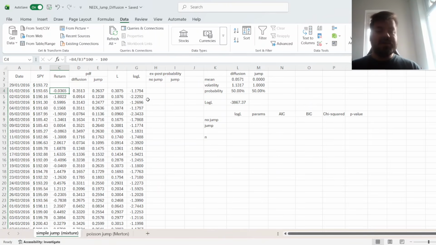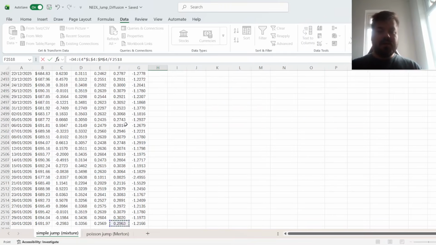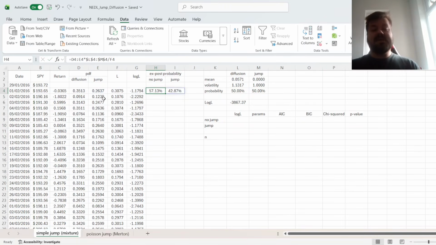So ex post, the probability of no jump or jump is simply the densities of diffusion and jump multiplied by their ex ante probabilities, or their total probabilities, divided by the total likelihood. So what we see here, for instance, is that with the return being quite close to 0,